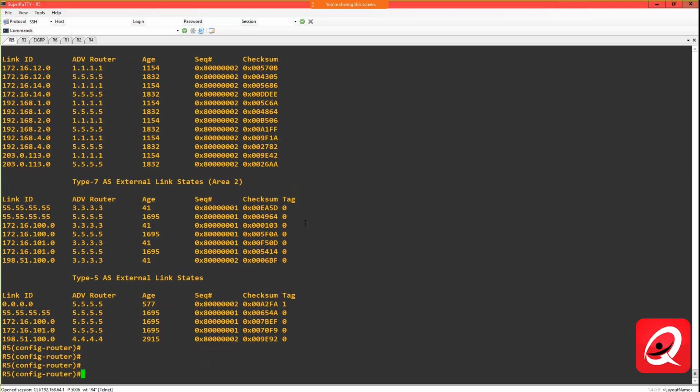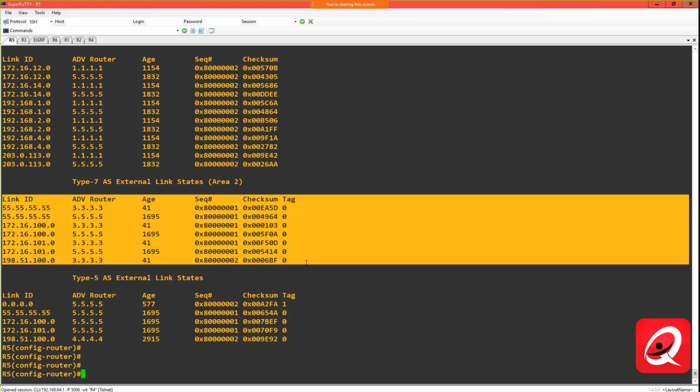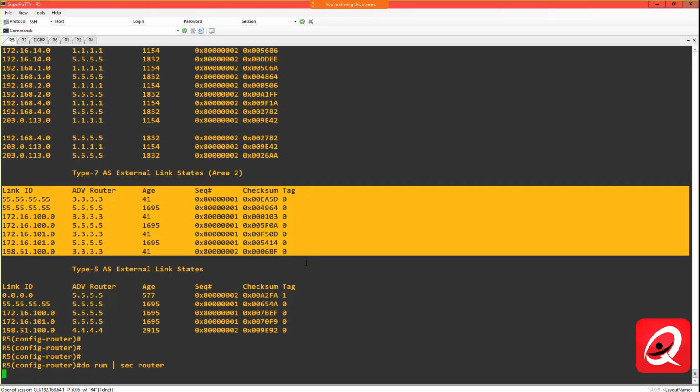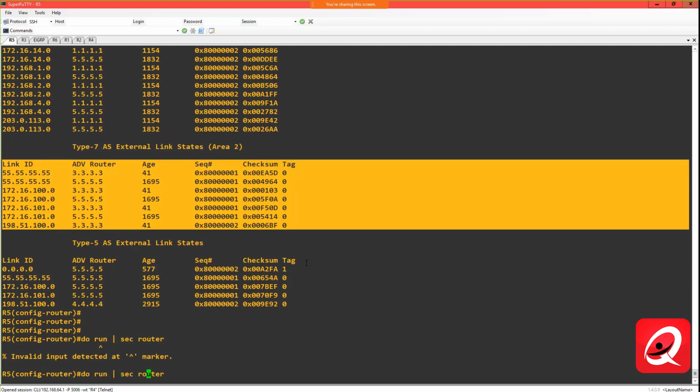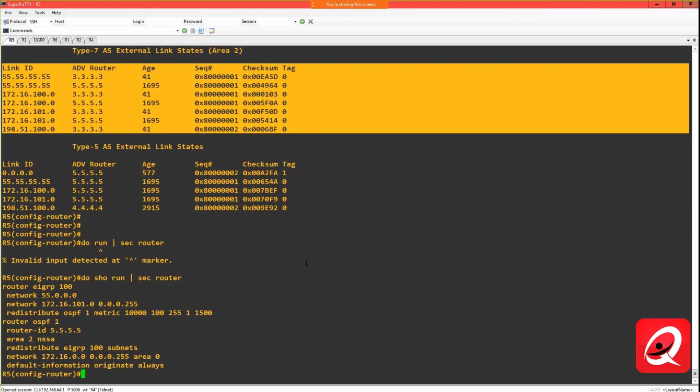Do show run pipe section router. Redistribute EIGRP 100 subnets. And if I do a show IP EIGRP topology, we should see the default route here as well. So that's a little perplexing. Why is that default route not being sent into the NSSA? It's definitely being sent